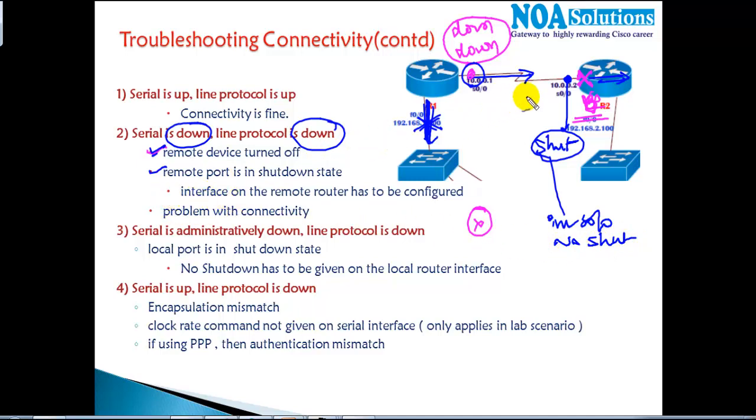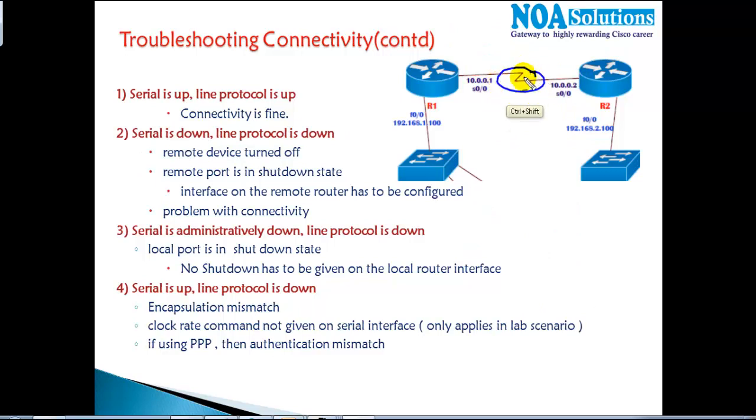And if you realize that these two are not the problems, the router is not powered off, the router is okay and the port is also okay, the interface is already no shutdown, then most likely the problem is with the connectivity. So the third possible reason you need to check is the connectivity. If you have connectivity issues, then also the interface will go down. If it is a WAN connection, you need to contact the service provider to bring the link up, because we have no control over the WAN. From our router till your modem point, ensure that the connectivity is okay on both sides. You need to contact the service provider and make sure that the link is up as soon as possible.